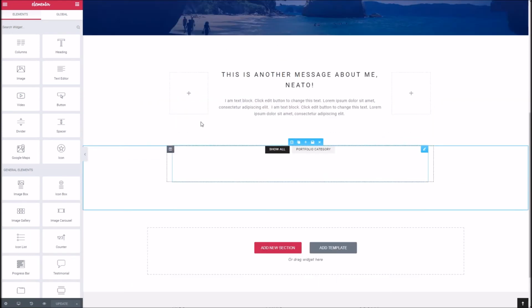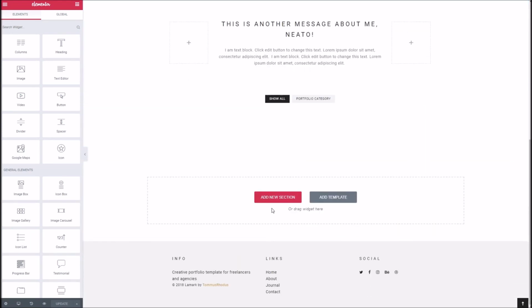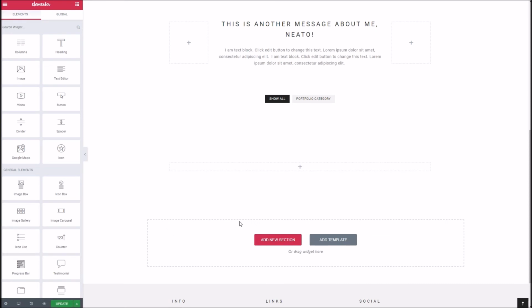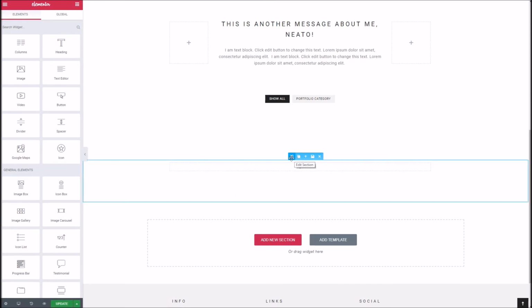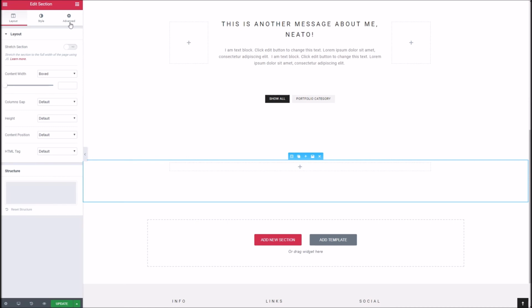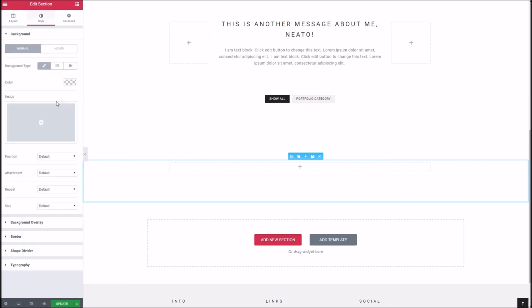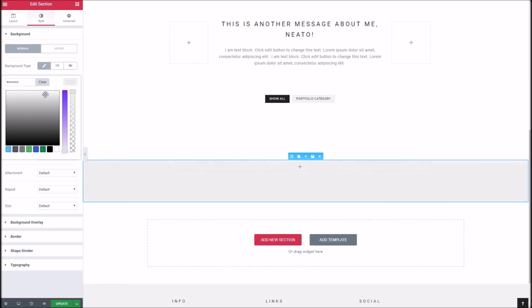So back into the builder, we'll add one more section for the blog, which is again something you may want to do. So we'll hit add section, we'll make it one big area here. I'm going to give this one a slightly different background colour to kind of offset against the rest, so we'll go into the settings and under style, background, I'm just going to choose a nice light grey,